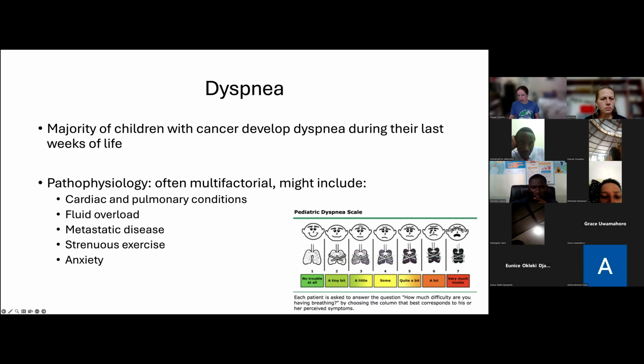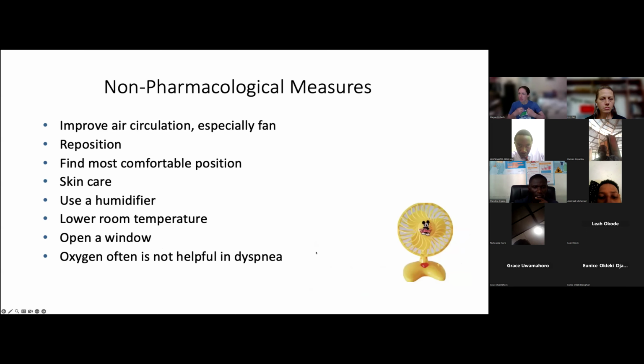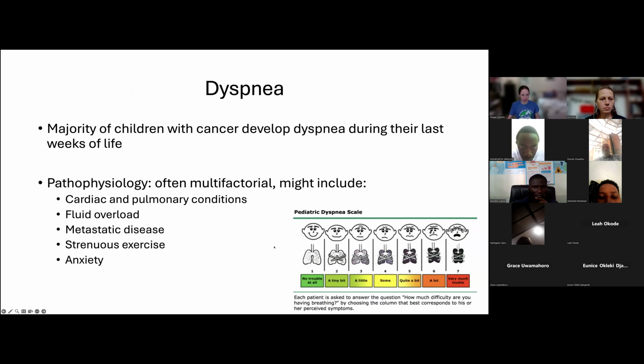Many children with cancer develop dyspnea in the last weeks of their life. And this is a scale that we can use. This is called the Dalhousie Dyspnea Scale. You can use this scale to help children tell you how much dyspnea they're having. A little bit like the FACES pain scale for pain. But this one is for dyspnea. And this was developed by interviewing children who had dyspnea and asking them to draw what it looked like. Now, these are lungs. Okay, most children do not know what their lungs look like. So you're going to have to explain that this is their chest, this is their lungs, this is what it feels like. Oh, sorry about that. So